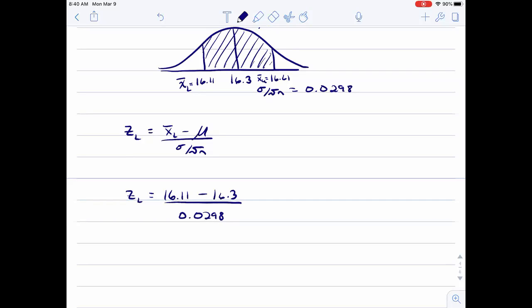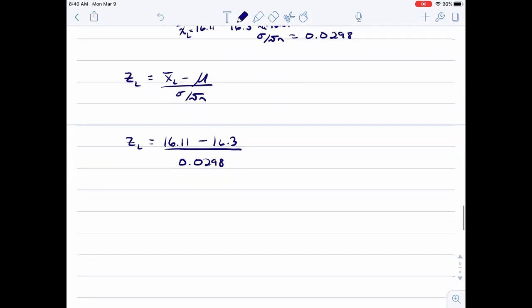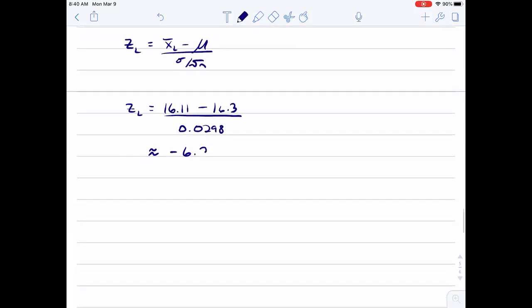So I've got 16.11 minus 16.3 divided by 0.0298. Rounding to 2 decimal places, I get approximately negative 6.3